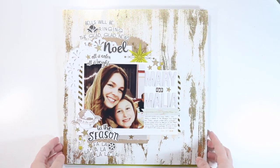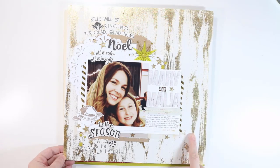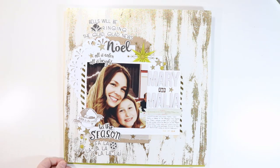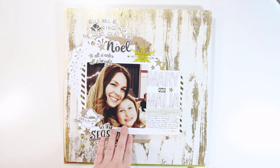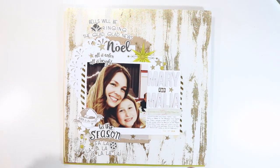So this is the next layout, and it is very gold. This background paper is from the Jen Hadfield collection, her most recent one. I can't remember what it's called. But this one is called Mary and Malia, and we had a church Christmas party, and the theme was Today I Walked Where Jesus Walked, and so my sister-in-law and mother-in-law came as actors and walked around to the tables as people were eating and told them about the time that they saw Jesus,